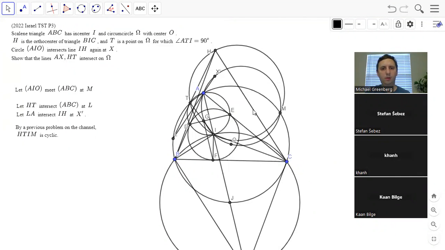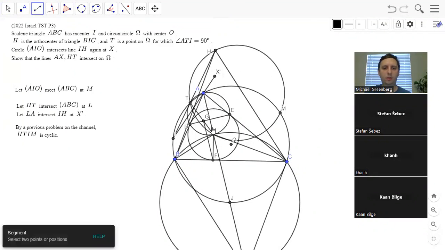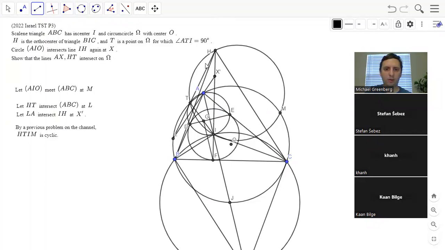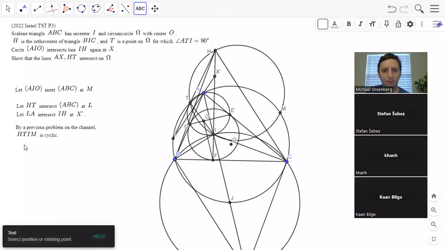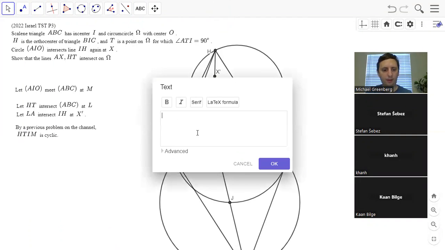Well, we let LA meet IH at X prime, and then we're going to prove that X prime AIM is cyclic. Do you show that X prime AM is X prime IM? Is that how you prove it? Yeah. Okay. So X prime IM